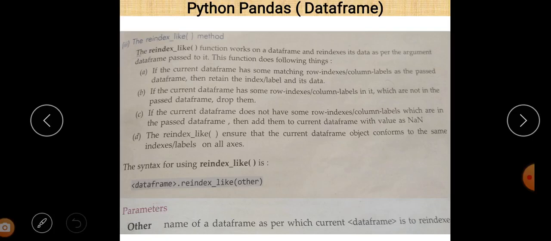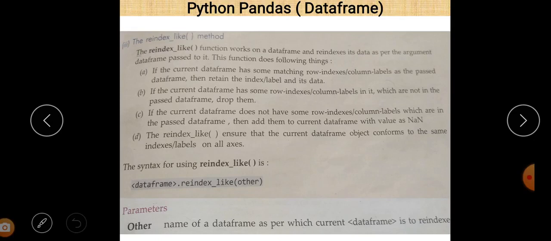And if the current data frame does not have some row index or column labels which are in the passed data frame, then add them to the current data frame with value as NaN. And reindex_like ensures that the current data frame object conforms to the same index labels on all axes.